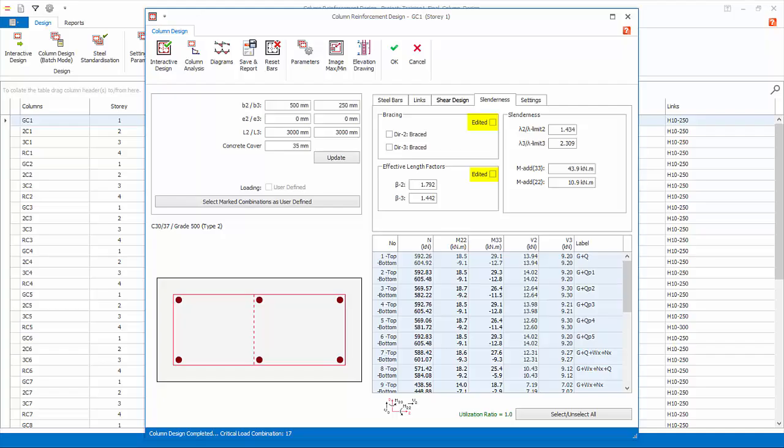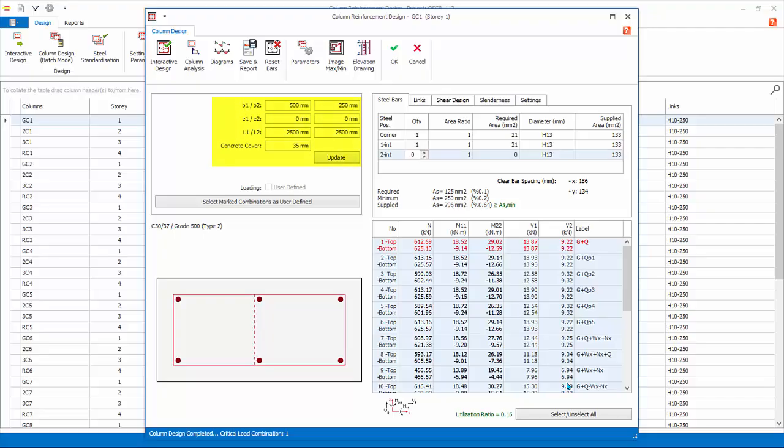This means the design module will not auto-calculate the bracing condition or change the edited values anymore. For your information, you can change the column dimensions and clear heights here and click Update. You can then click the Interactive Design button to re-perform the reinforcement design. This is handy if a column fails due to insufficient size and you want to try out if a bigger